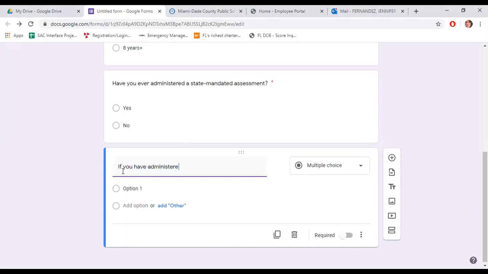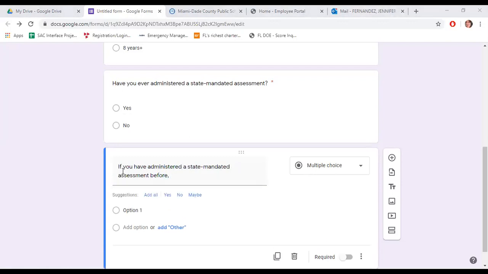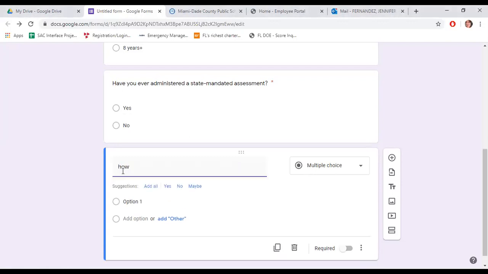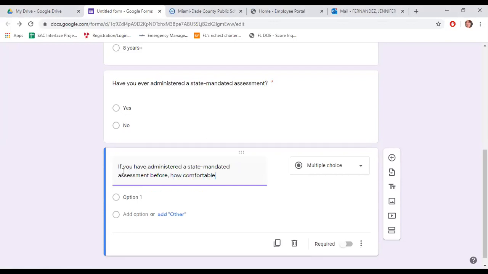Have administered, let's keep it all the same, a state and comma. Oh shoot. How comfortable